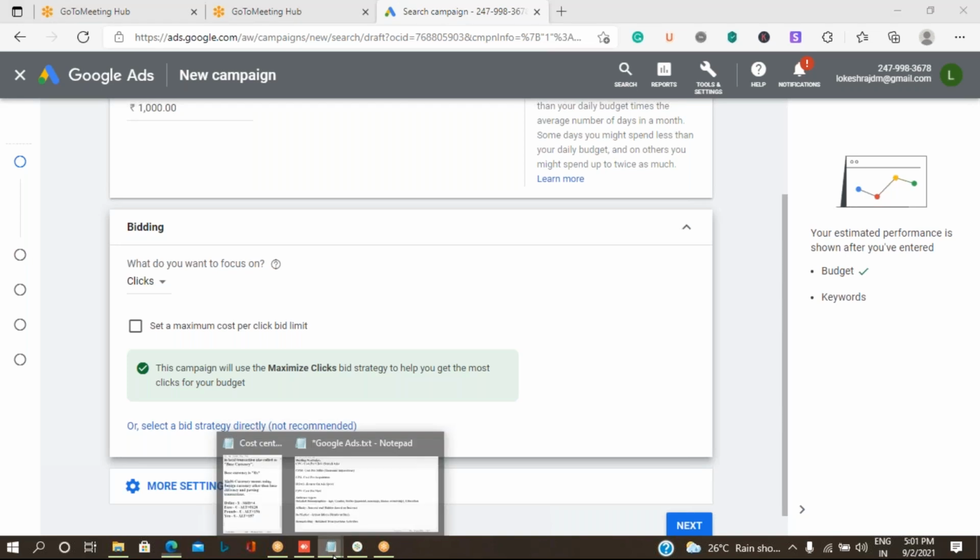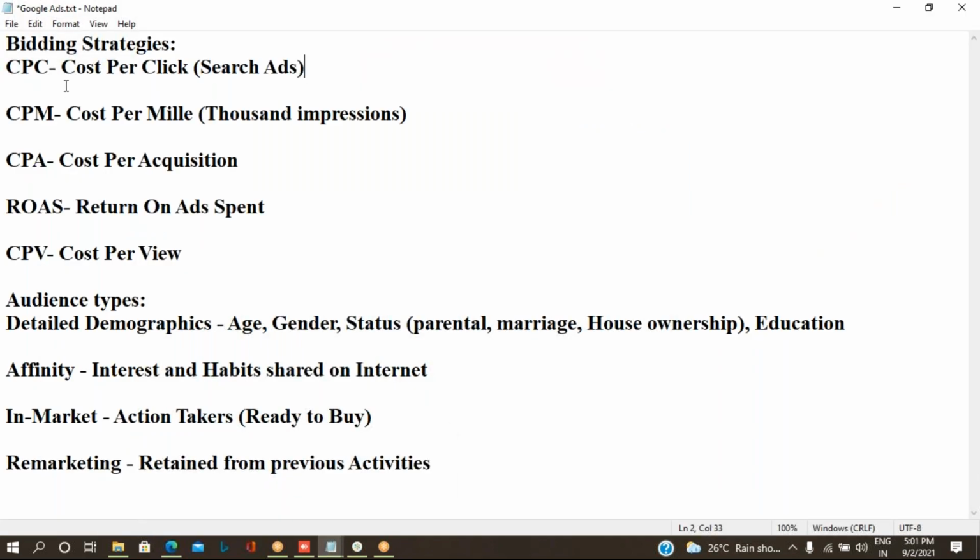Okay, so here we have discussed what CPC, CPM and CPA are. I'll just add it over here as conversions and conversion value. Then one more option you have is ROAS, which is calculated based on the return on ad spend.